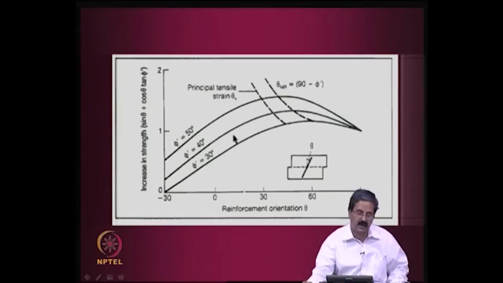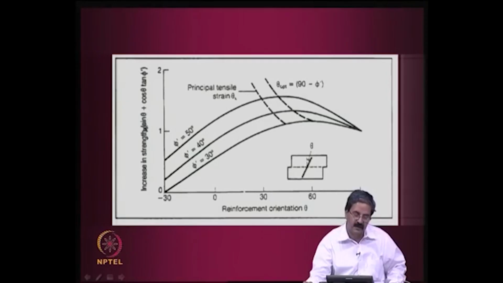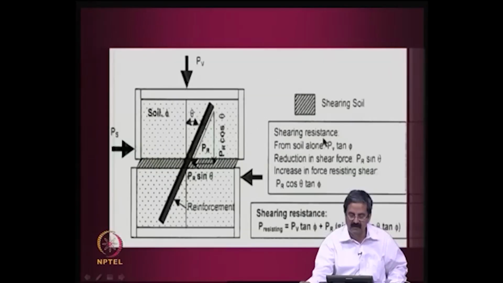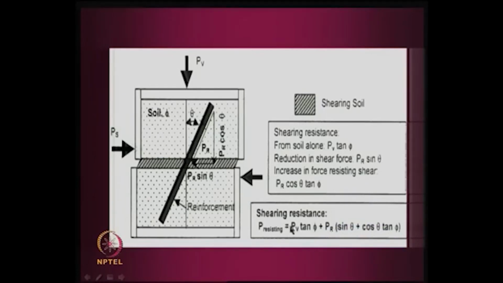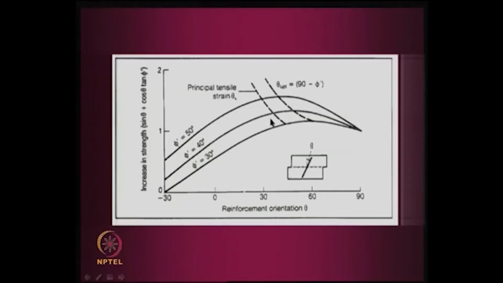So, we will just write a simple calculation, the increase in shear resistance, PR sin theta plus cos theta tan phi, and reinforcement orientation. What is happening here is that the best orientation, you can plot diagrams like this, these are all principal strain directions. In this angle you can see that it is maximum, in the range of say 1 or a little higher, whatever. You can put some numerical values in these, whatever numbers you want, some reasonable numbers for PR, PV, and see. You will get this sort of diagram, and it only shows that